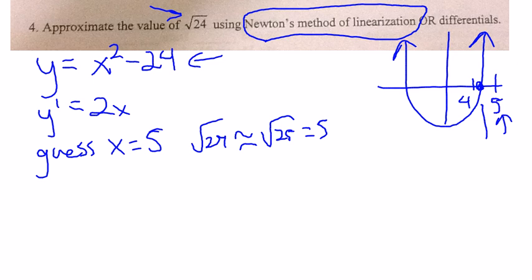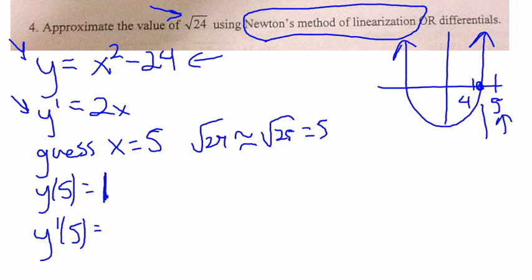I'm also going to find the y value of this thing at 5. So y of 5 is equal to 5 squared, which is 25, minus 24, which is, wait a second, which is 1, right? Yeah, y of 5 is 1. And y prime of 5 is another thing, so that's why I found y prime is equal to 2 times 5, which is 10. So you may be like, well, why do I find all these numbers? Well,